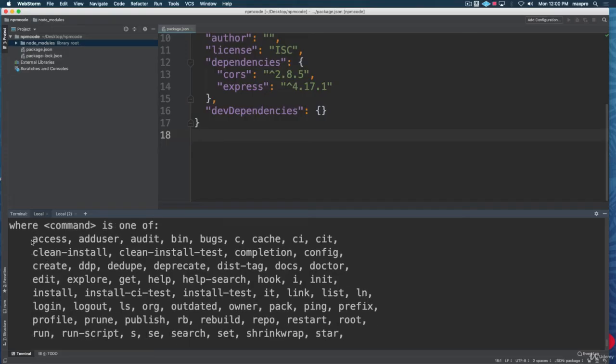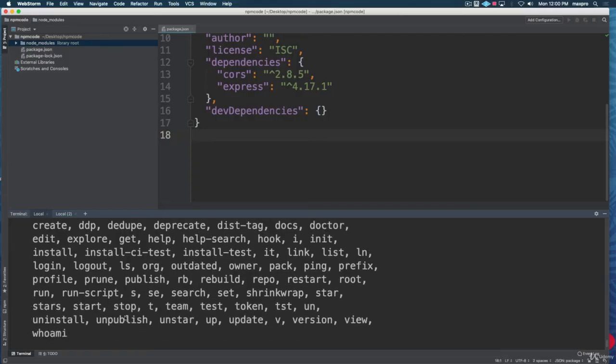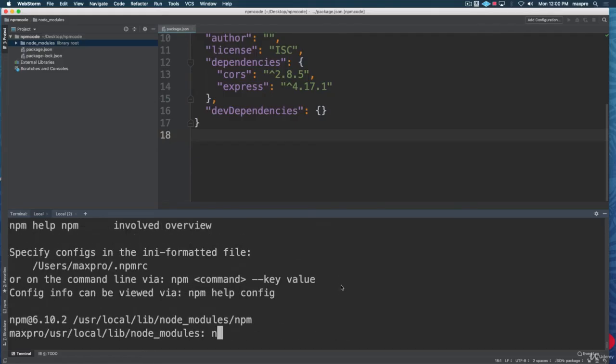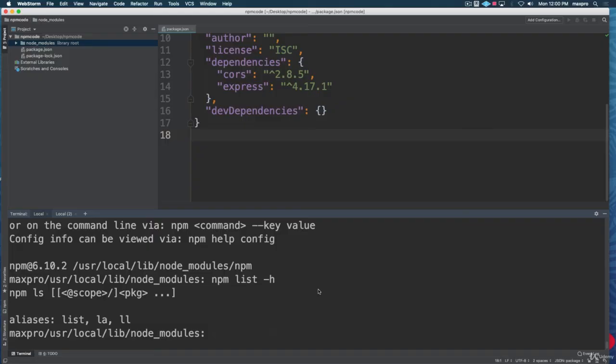So what can we use from here to list some of the stuff that is installed here? Let me see if we find anything. Look, they have a list. So let's do that. Let's not do npm install, let's just do list, and let's look to see if that list has something else. Let me see, help list. npm list,